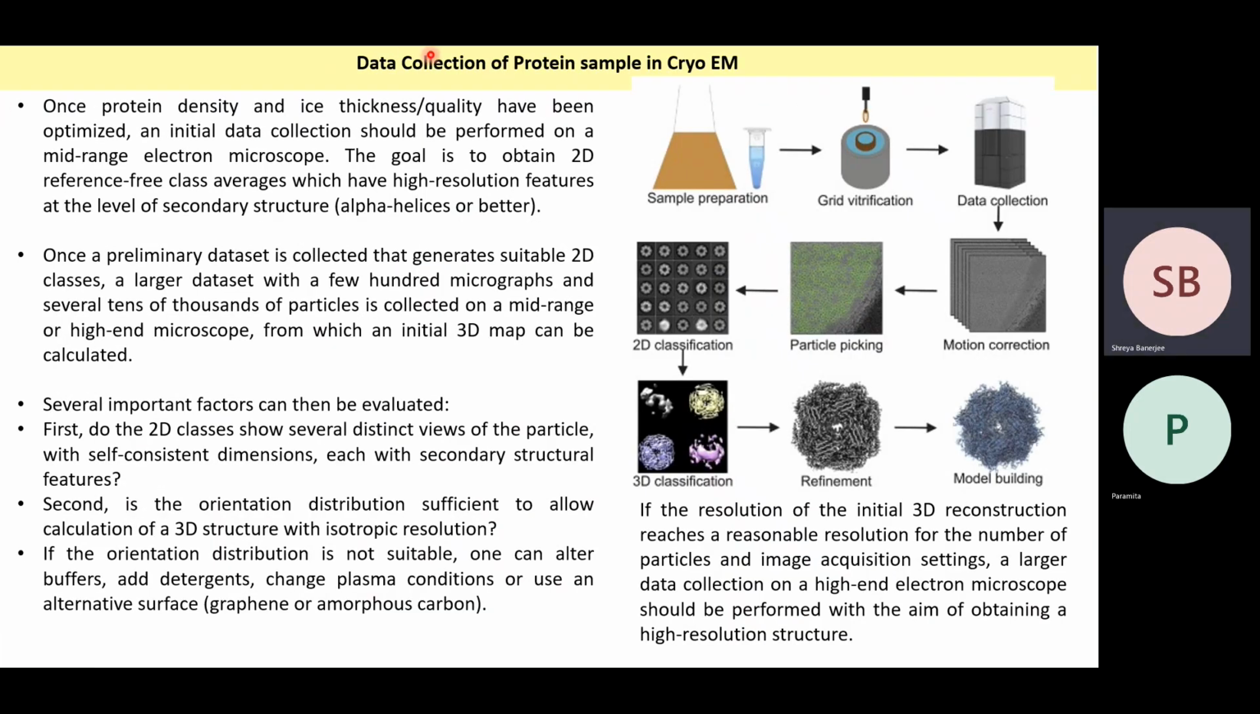So once the detector detects the image, there is a process of data collection. Once the protein density and ice thickness or quality have been optimized, an initial data collection should be performed on a mid-range electron microscope. The goal is to obtain 2D reference-free class averages, which have high resolution features at the level of secondary structure. So after the initial data collection, what happens is you get many different images of the